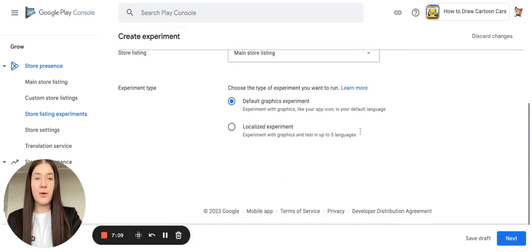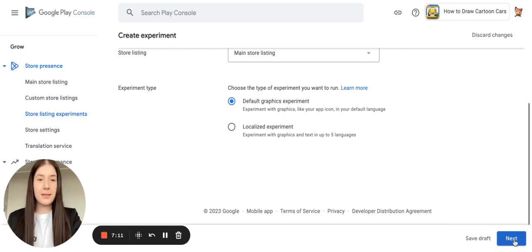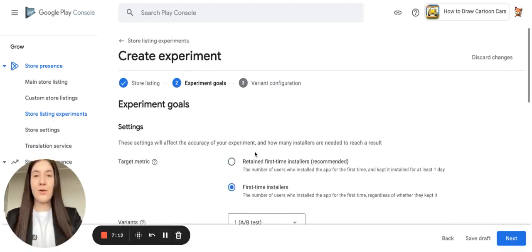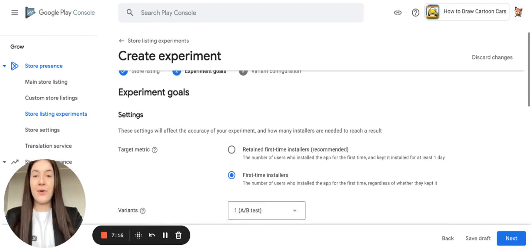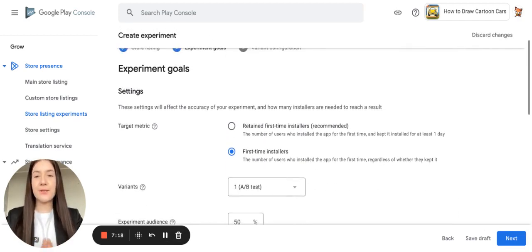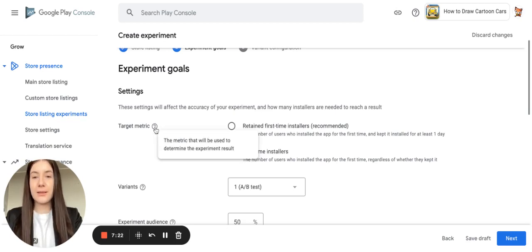So we just fill all the details and go next. At the next page, we set experiment goals. First of all, it is important to choose the target metric. As you may see, the target metric will be used to determine the experiment result, and here you may choose